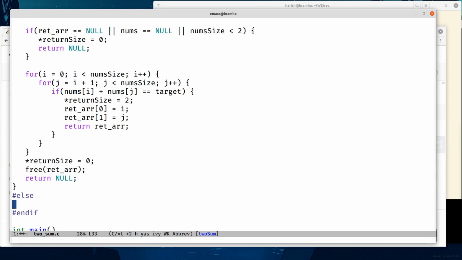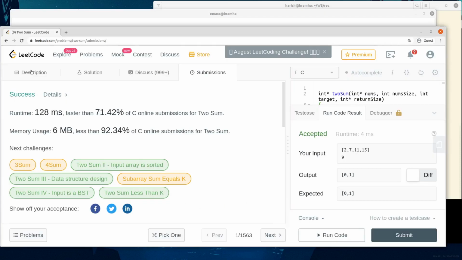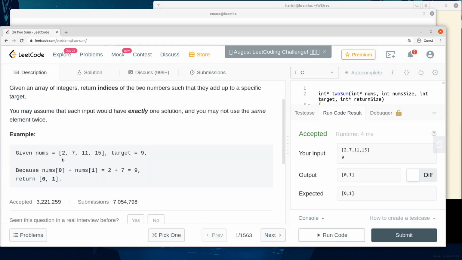Okay, the other solution which I have in mind is to use a hash table. We can try to solve this using hash. How using hash? If you go back to the problem, this was our array, right? What do we do is